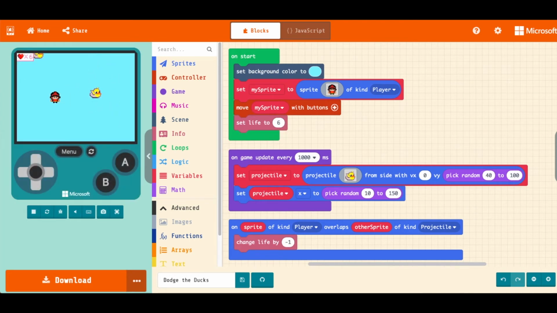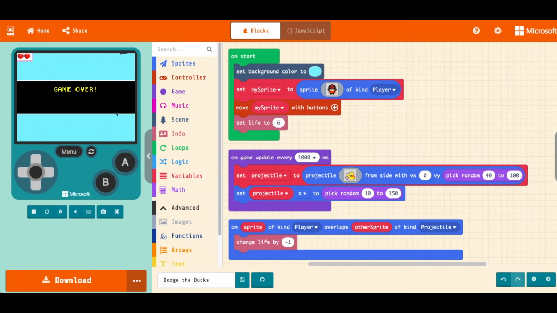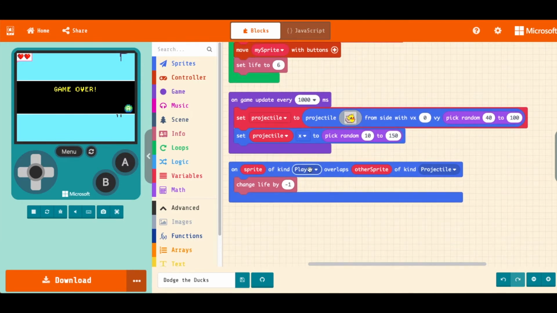When we play our game now, things still don't go quite as planned. If I hit a duck, the overlaps happen so fast that I already lose all my lives before I have a chance to move away. This is because when my player overlaps the projectile, that overlap keeps on happening. Nothing changes once we've overlapped other than I'm losing lives. In order to make the game operate in more the way we expect, we need to do something to our